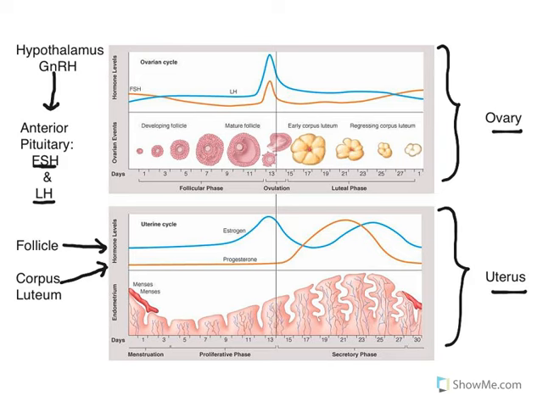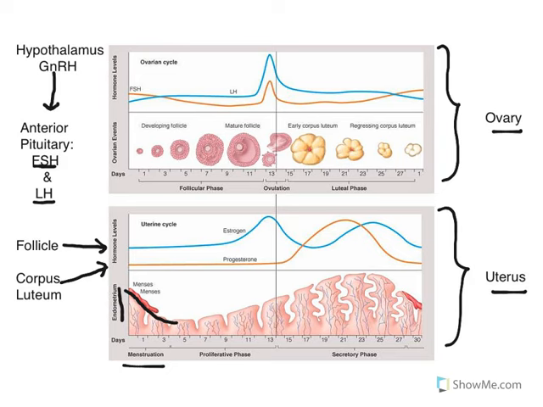Now, during the first 5 days of the cycle, menstruation is taking place. So the endometrium lining that had been produced in the previous cycle is being dislodged. At the same time, a new endometrium lining is going to be produced under the influence of estrogen and progesterone. This will be the new endometrium lining of the current cycle. So starting at the top picture,